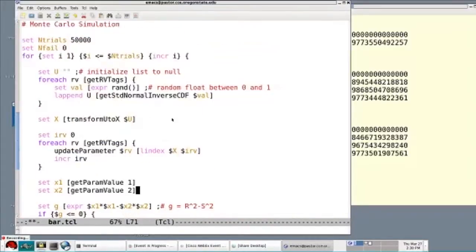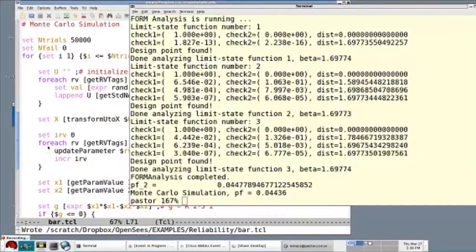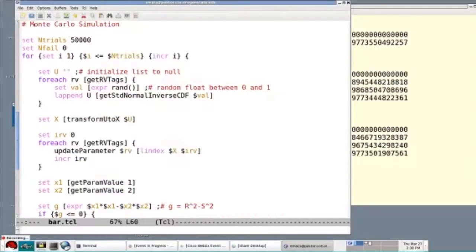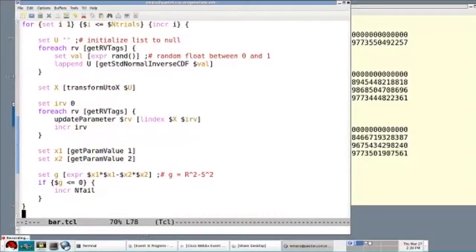Okay, so that's kind of the basics for form analysis, some correlation, and Monte Carlo simulation. I think you could pretty easily extract out this segment of code and apply it to just about any problem that you have, whether it's finite element reliability or just dealing with raw random variables, such as this